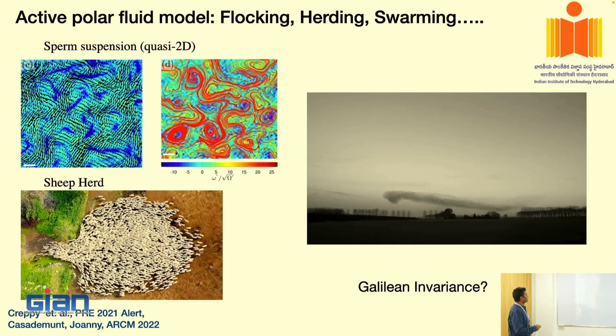So this is a suspension of sperms, and you can see sperms are motile in nature. So basically when they move around, they will generate the flow around them. Okay, and these are simply the tracks of it, and what one can do, one can construct a vorticity field out of it, and this is how the vorticity field is going to look. Okay, and again you can see that if you think about any active agent, like bacteria or any such thing, they move, it will move randomly, right?